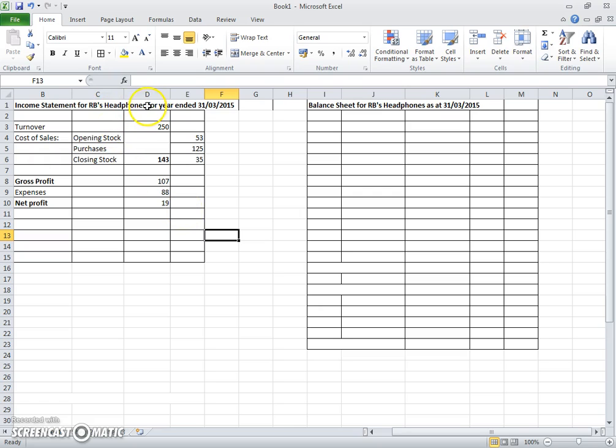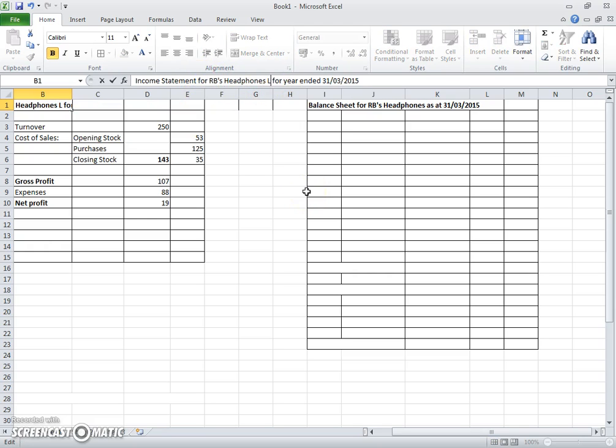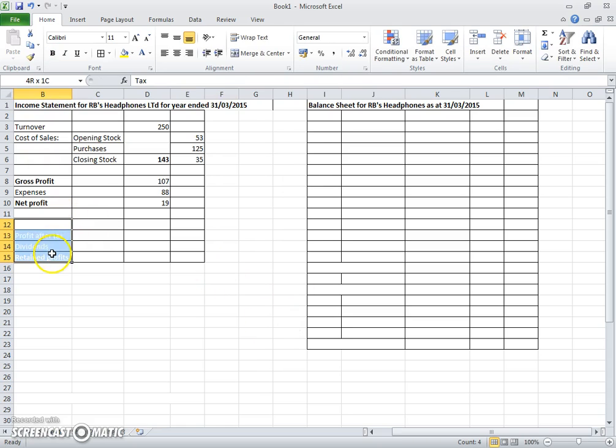If we were to say it was RB's Headphones Limited, so if I just make this magically a private limited company, or even a PLC, we'll call it, what's a private limited company in this case? Okay, oh look at this, now we're liable for corporation tax at 20%. Okay, so let's just put that in. We then, once we subtract our tax, our corporation tax bill from our net profit,